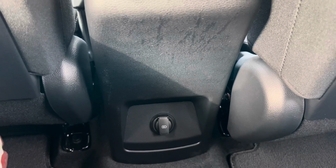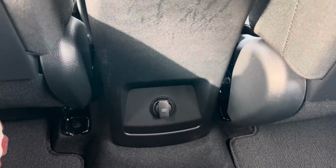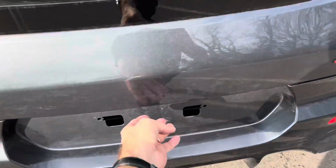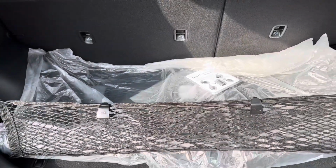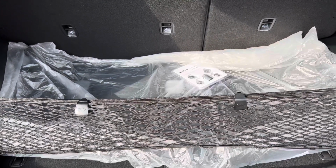Would like to see vents for heat and air as well, but it does have rear seat connectivity, which I like. All right, guys, I'm back of the car now. We're going to take a look at the rear. Just pop the button underneath, tailgate pops up, and you have a nice, smaller size rear cargo area with the